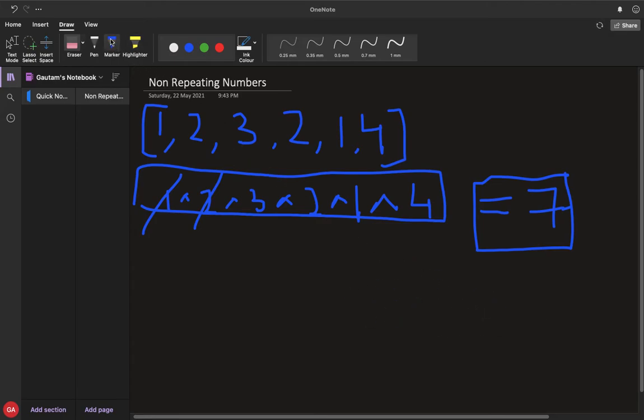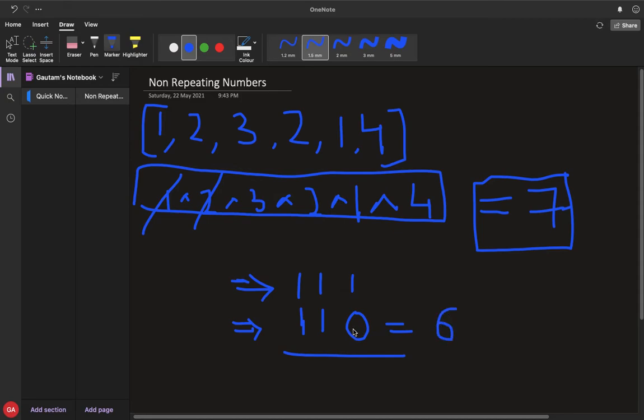So now we have got the 7, so we need to find something that will help us to get these numbers. First of all, 7 in binary is 1 1 1, and if we do 7 minus 1, that is 1 1 0, and this is 6 by the way.